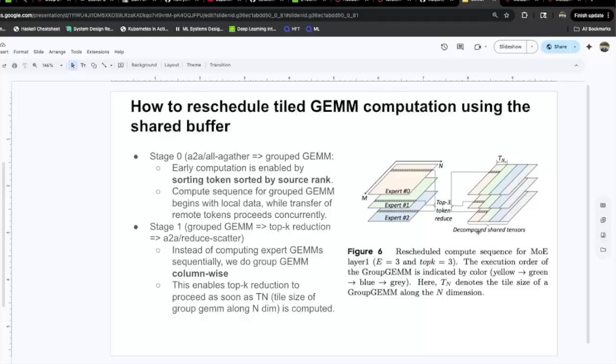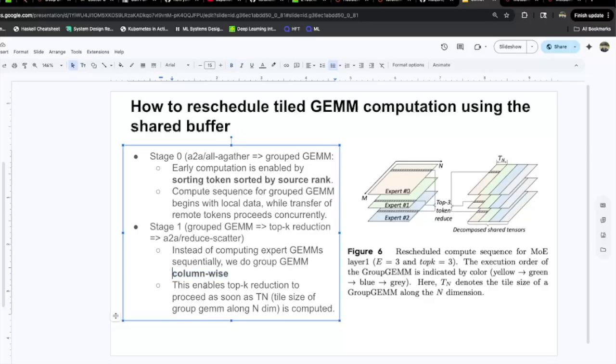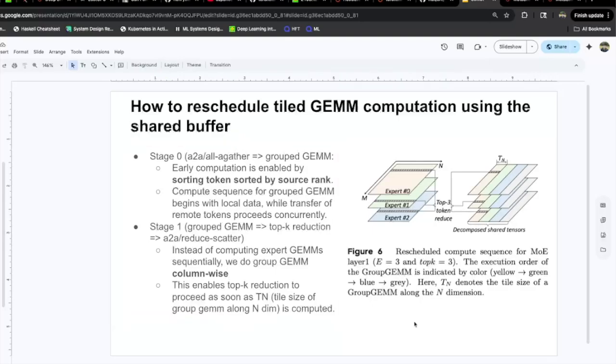And then we're overlapping, and that bubble is very small, right? So does that make sense for the column-wise computation of the group gem and why we're doing it that way? To be clear, the TN here is the tile size of the group gem, so that we're still doing full tiles and getting reasonable tensor core utilization. What they say in the paper is that you can't just do weird levels of granularity,